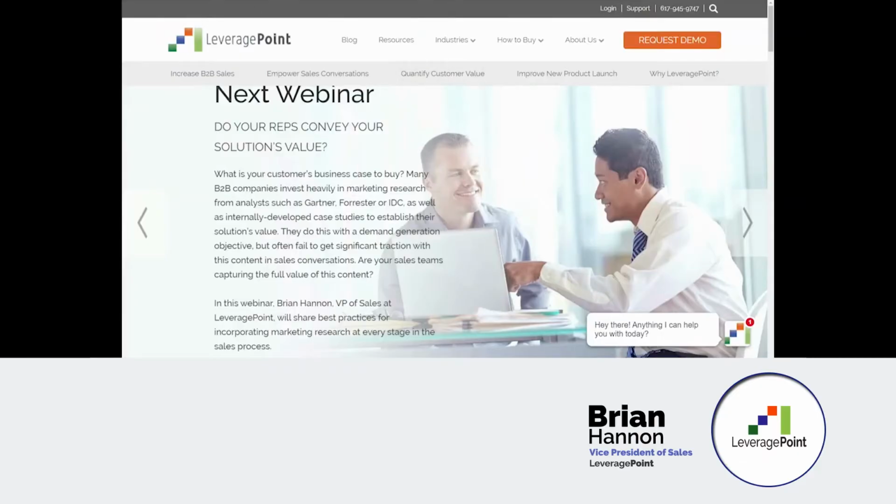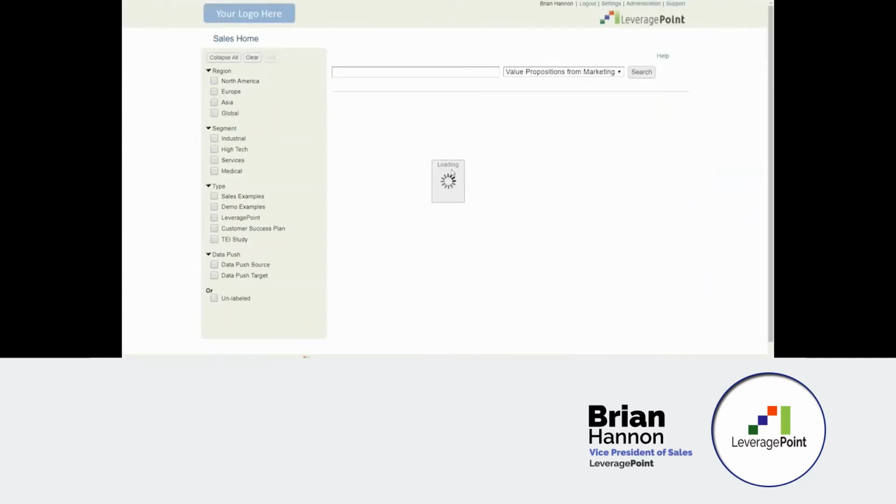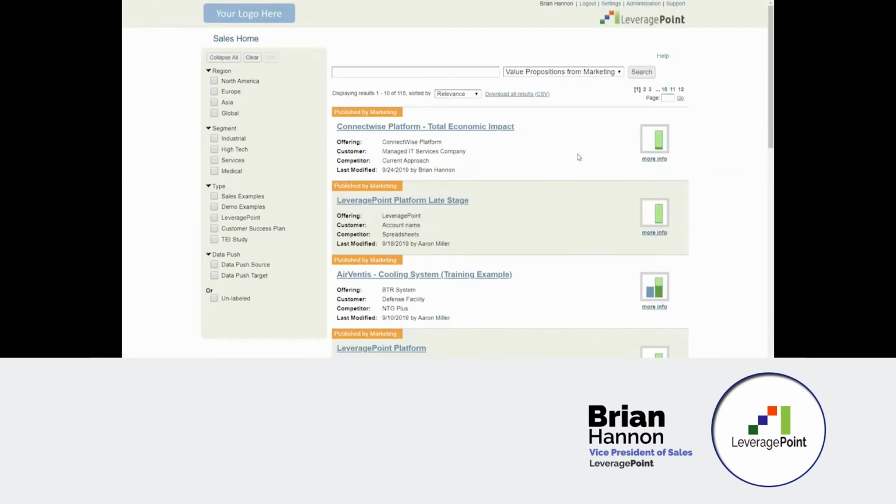So this is the LeveragePoint website. When we click log in here, we're going to be actually brought to our demo area. So what we see here are a series of published value propositions. These are our demo ones, but this is similar to what a salesperson would see if you became a LeveragePoint